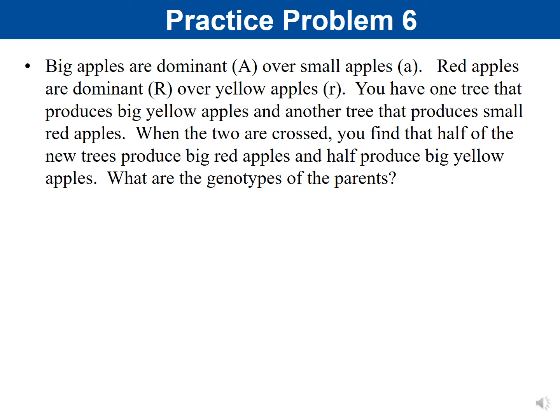So the next problem is going to help you with one of the questions in your packet. And that is, if I write this out, big apples are dominant over small apples. Red apples are dominant over yellow. You have one tree that produces big yellow. So again, I start with my phenotype that I know. Big yellow, and it's crossed with another tree that produces small